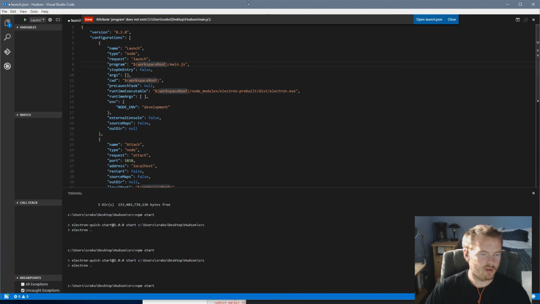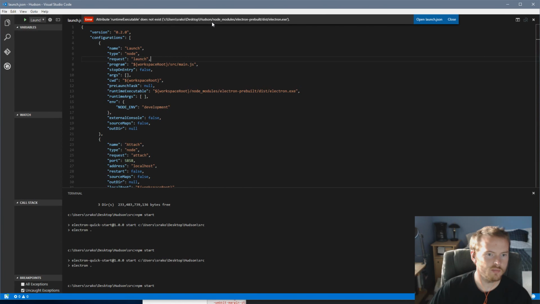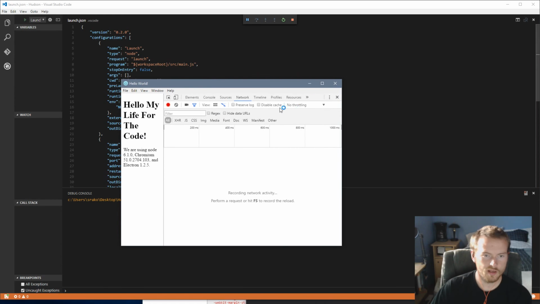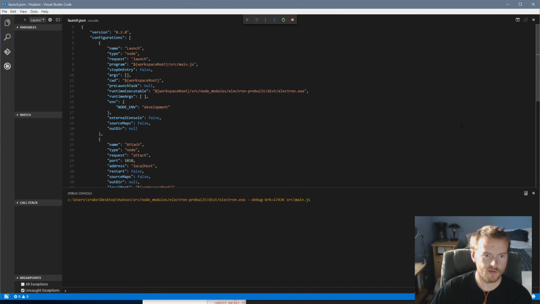I do have to put it into source like that, maybe. Runtime executable does not exist. It should be source, node modules. Let's try one more time. Okay, there we go. So now I can hit F5 and properly run this